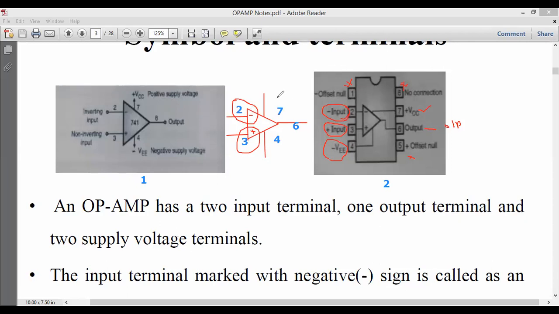There is another interesting thing in the operational amplifier, pin number 7. Pin number 7, we give it as plus VCC, or in terms of voltage, plus 5 volt supply. When it comes to pin number 4, it is represented by minus VEE, or you can say minus VCC, and here the voltage will be minus 5 volt. But we don't have an electronic device which generates the negative voltage by its own.